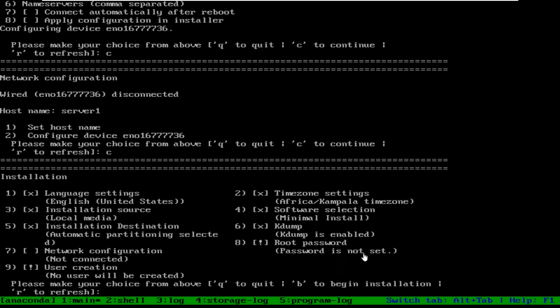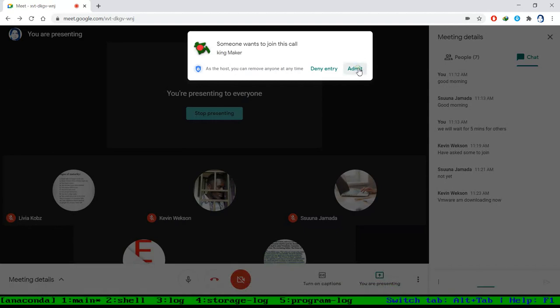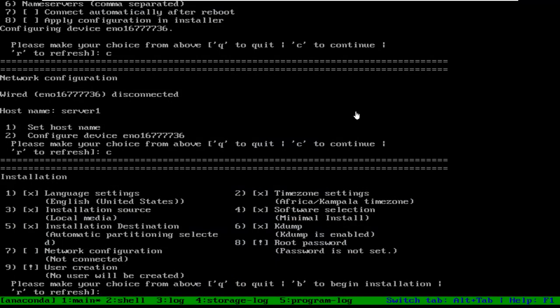Root password. Password is not set. Now root is what? It is an administrator of your system. In Windows machines, you are having one account that is called administrator, and that administrator is the whole and sole authority of your machine that can do anything in your system.